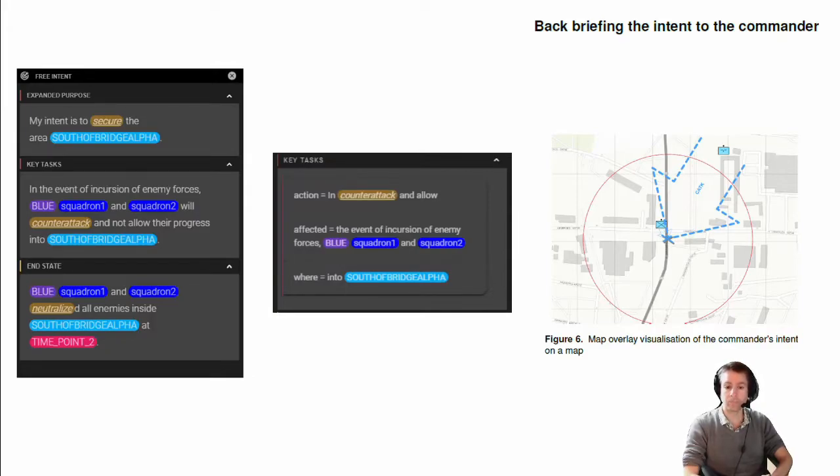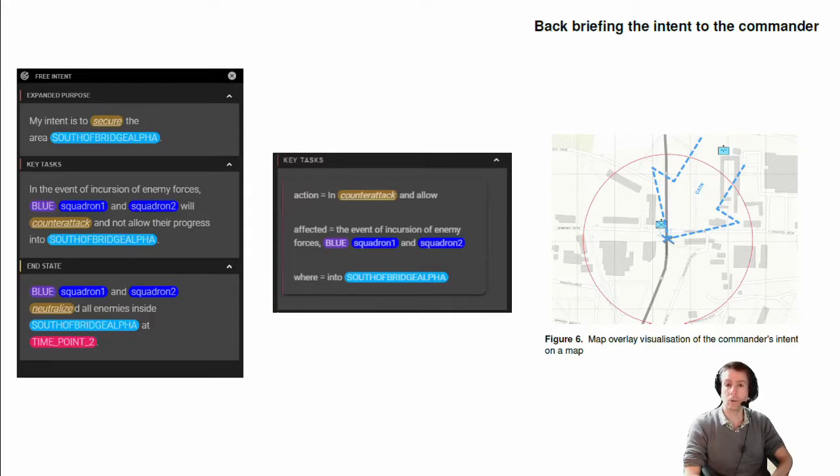this verb correctly. In the middle, you see again the parsing into the formalized intent, just as before, but now in the highlighting towards the interface towards the commander. A second way of backbriefing that we understood the command intent correctly, you see on the right side a visual representation of a map overlay, so to say. Here you can see that we draw the tactical arrow of a counterattack of the troops performing the counterattack towards the area that we have detected. A map is a very natural way of interfacing with military personnel, as that is what they already do during